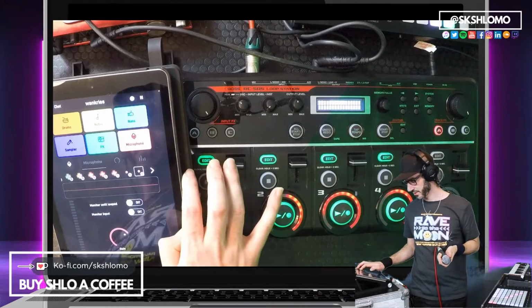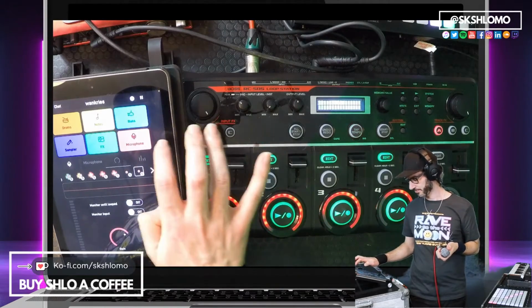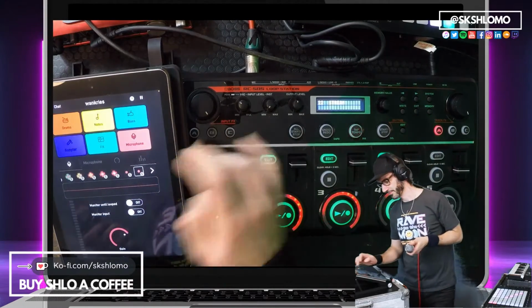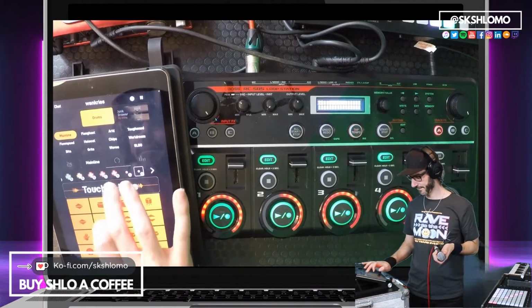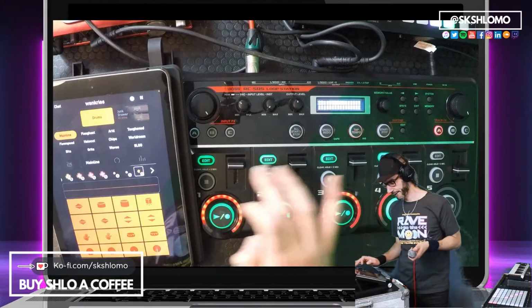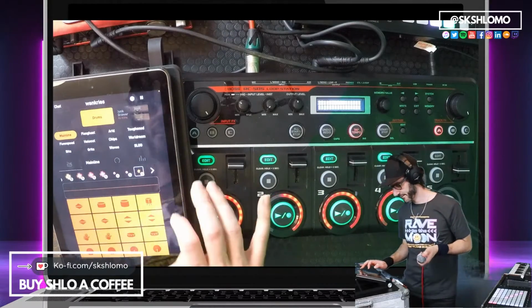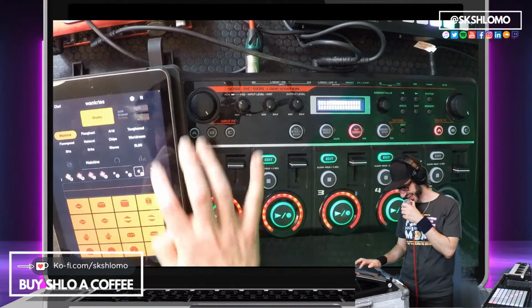Get control of how long that loop, and get control of how long that loop, and get control of how long that loop, and get control of how long that loop, and get control of how long that loop, and get control of how long that loop, and get control of how long that loop, and get control of how long that loop, and get control of how long that loop, and get control of how long that loop, and